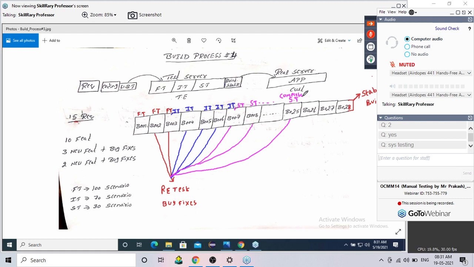First of all, is the question clear? System testing is completed on B025. That means if you see this diagram, build is stable. System testing is done means build is stable. When the build is stable, why this B026, B027 and B028? Why this 26, 27, 28? Boss, no. UAT is not there in the diagram. Don't speak about it. Other people will get confused.